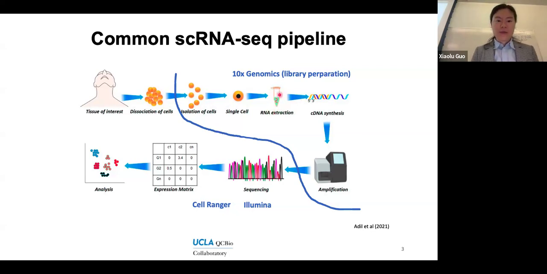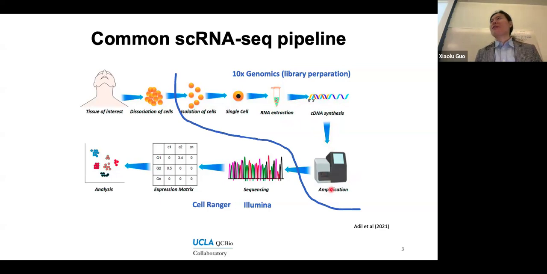It's called UMI. And then the next step is, because the mRNA is not stable, we need to reverse transcribe it into cDNA, which is more stable, and also we can amplify it using PCR. And the reason we amplify this DNA is because